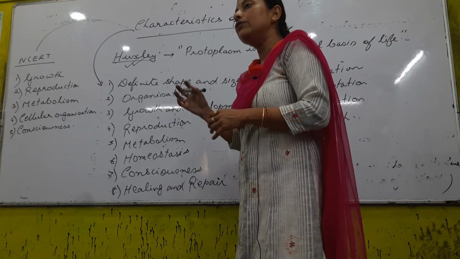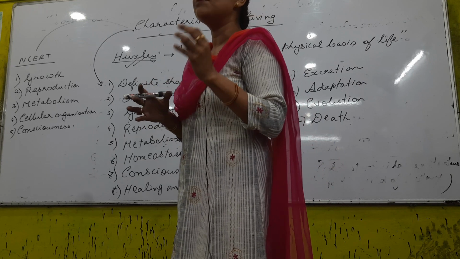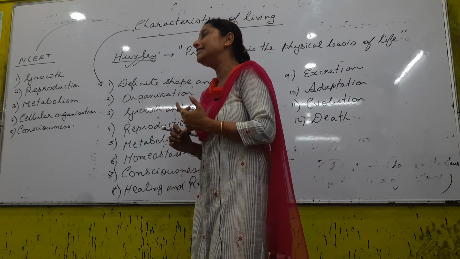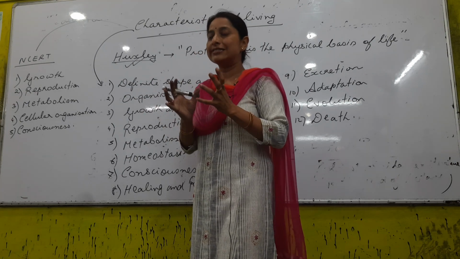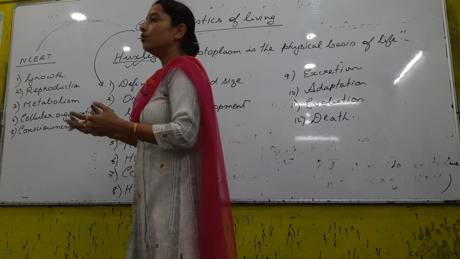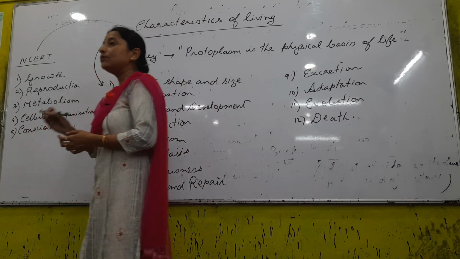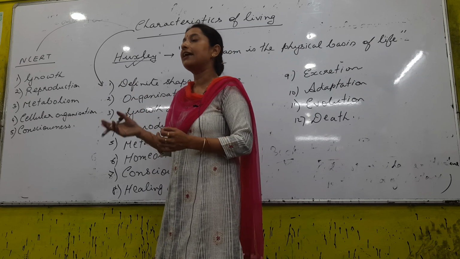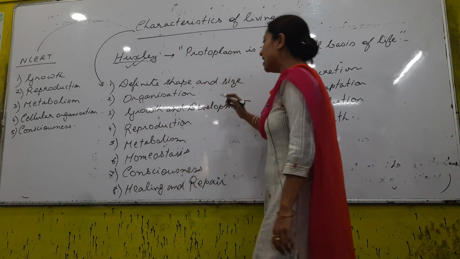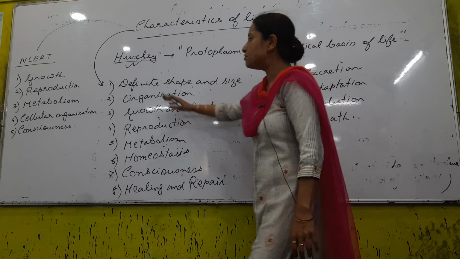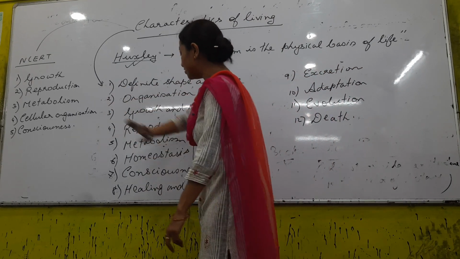So this type of specific organization, where the starting point of life or living beings is the cells, and many cells associate and group together to form tissues, and tissues group to form a tissue system. This kind of specific organization is a characteristic of only living organisms, right? Next is growth and development, we'll be discussing later. Reproduction also we'll be discussing, metabolism also we'll be discussing.